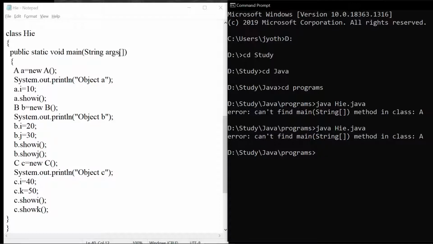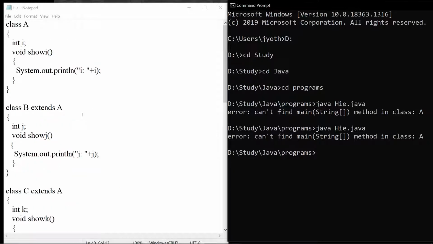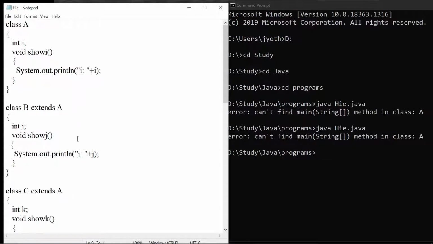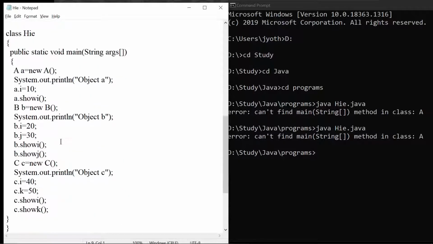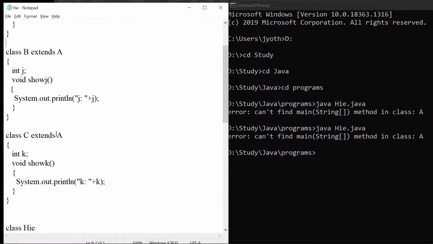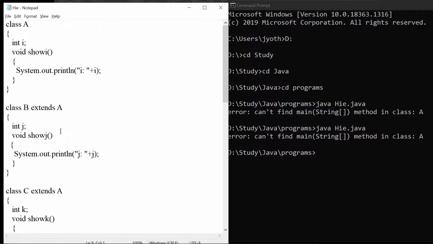What is the problem here? Everything is perfect here.